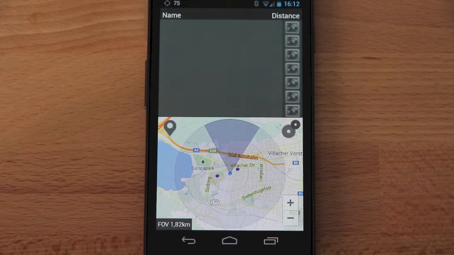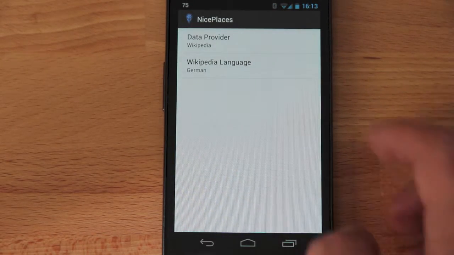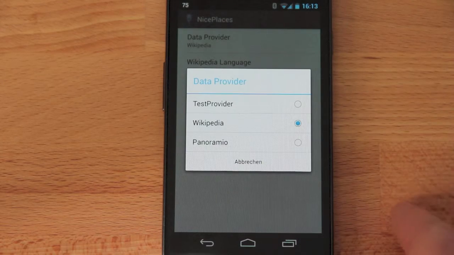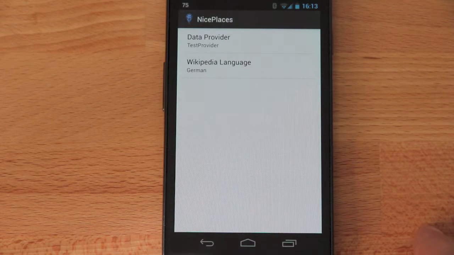These points of interest are represented as blue dots and are loaded in the background while you can still interact with the app. Zooming in or out, for example, will update the list of points of interest accordingly. In this example, we used Wikipedia to fetch points of interest based on your current location. We implemented also different other data providers, which allows us to have much more points of interest available for the